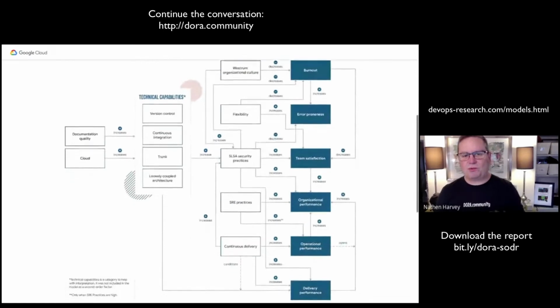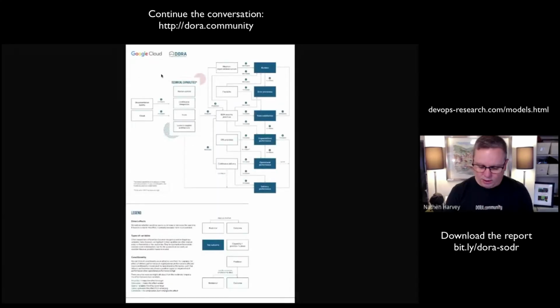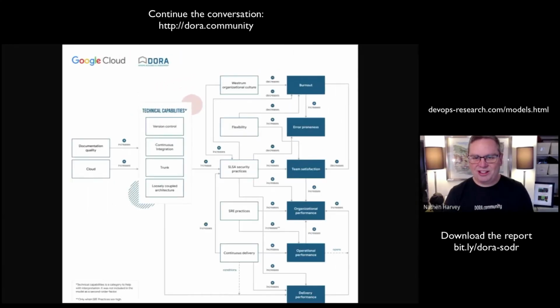I want to jump right into the diagram itself. Now, even this view is a little bit eye-charty, so I'm just going to open this image in a new tab, and then I'm going to switch to sharing that tab. And now it's even worse. So how did that help? Well, I'm going to zoom in a little bit here. Okay, so taking a look here at the structural equation model,